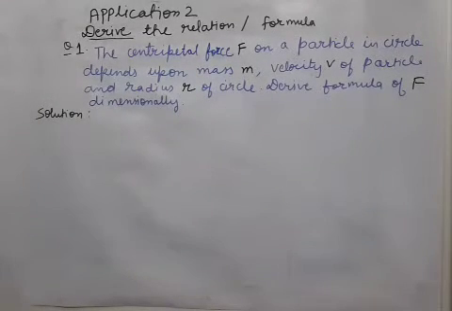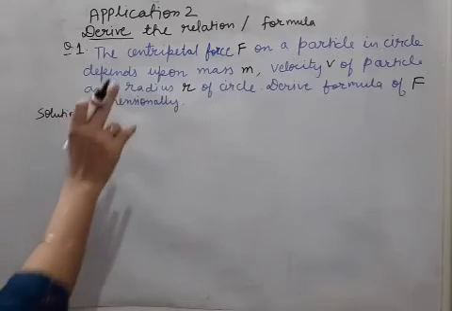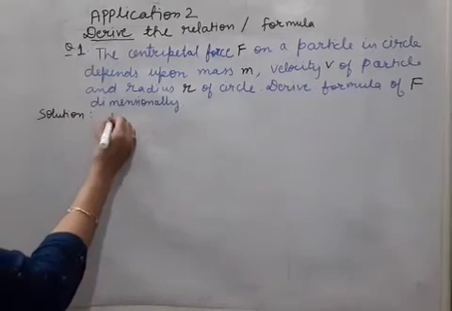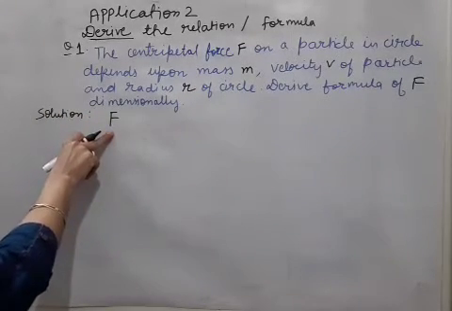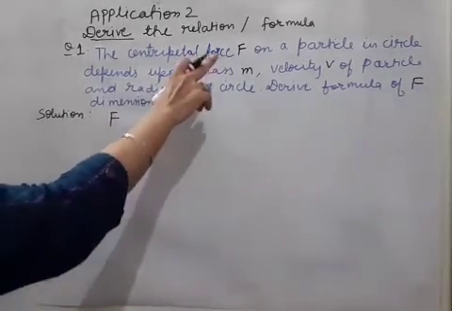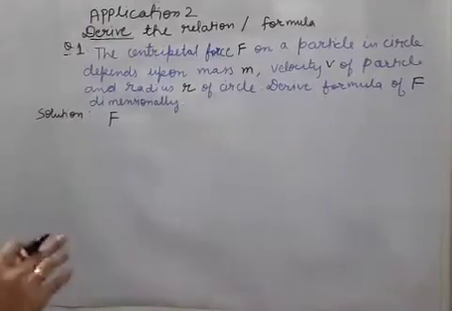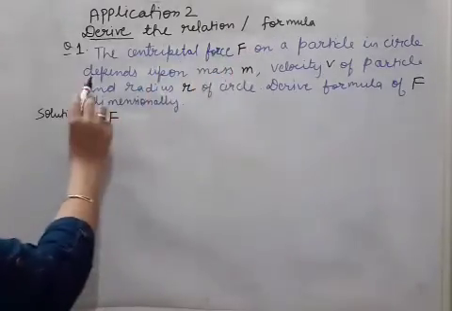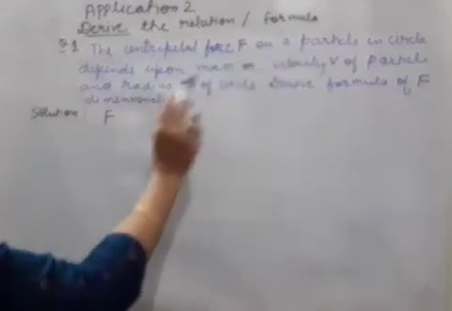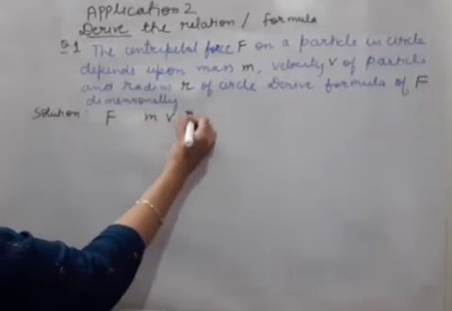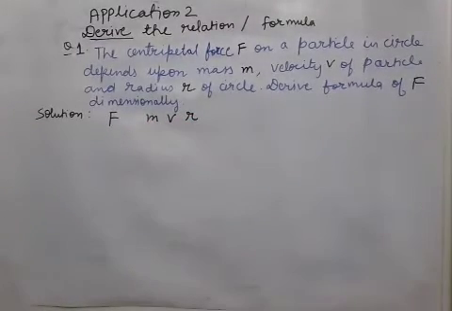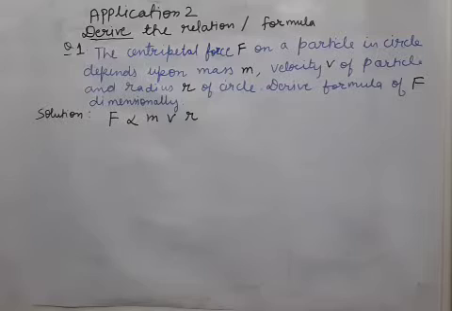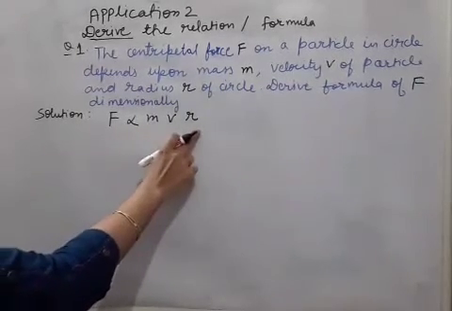Okay. Now, in this type of question, first of all, we will be given one quantity whose formula we have to derive. So, let's start the solution. We will be writing that quantity on the left side. Then, other than this quantity, there will be some quantities on which this F will depend. So it's written F depends upon M, V and R. So we have to write M, V, R here. Now proportional sign we will put for dependence. So F depends on M, V and R.